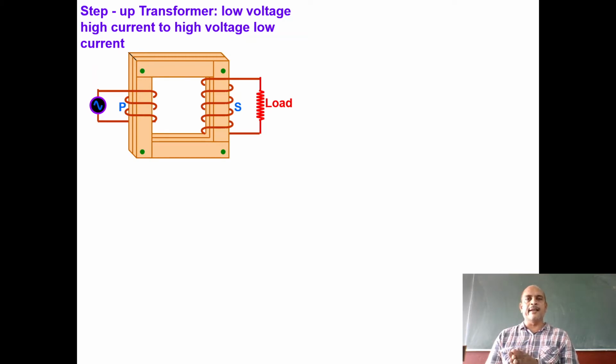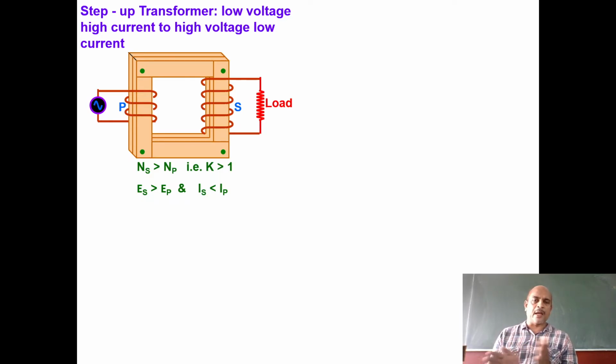First, the step up transformer, which converts low voltage. We will get higher voltage from a lower voltage. So the step up transformer increases the voltage from low voltage high current to high voltage low current. We will get 220 volt from 12 volt. That is a step up transformer. We will get 440 volt from 220 volt. That is a step up transformer. Definitely the current will be more dangerous.